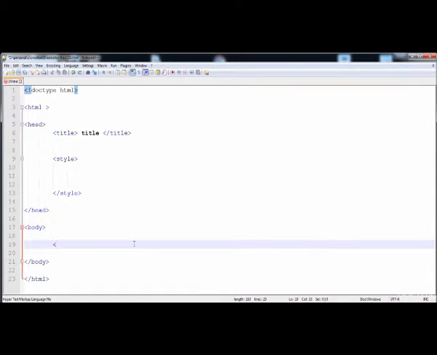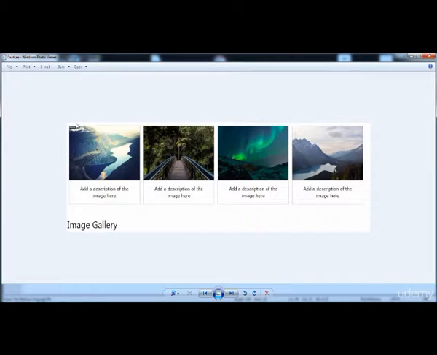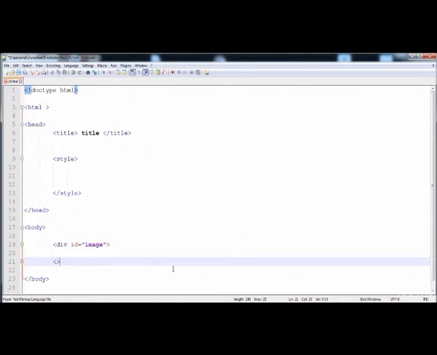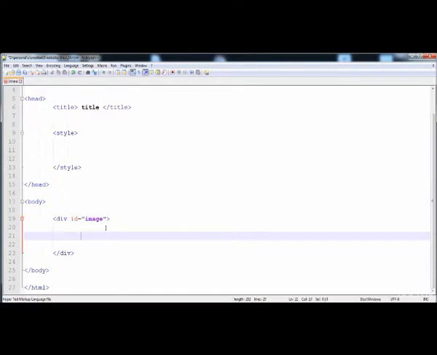First of all, I'm going to make a div in which we place the text and the image. Here is the external div in which we place the text and the image both. The external div has the ID image, and here it is closing. Now in between this I am going to put the image, and on the image I am going to apply the anchor tag. When we click on the image, a full image opens, and here I am going to give the href of the image 1.jpg, and here is the alt, that is flower,